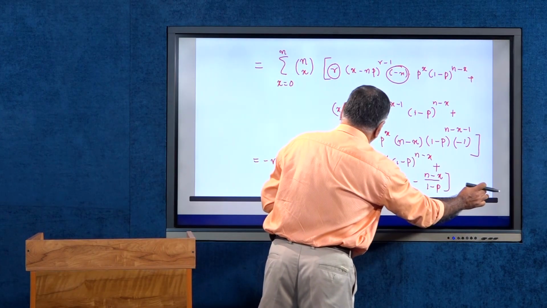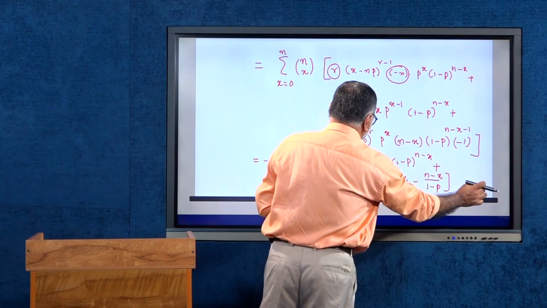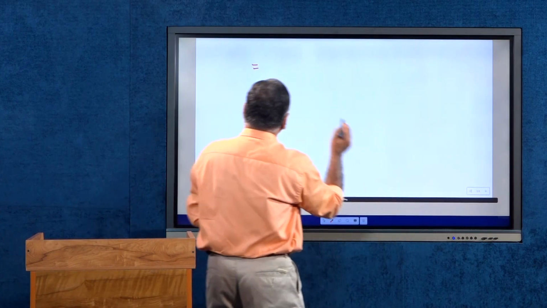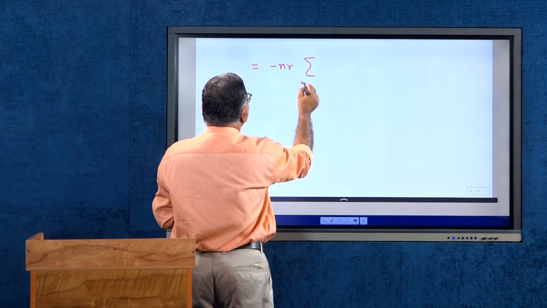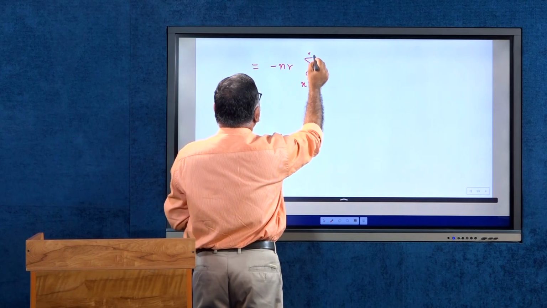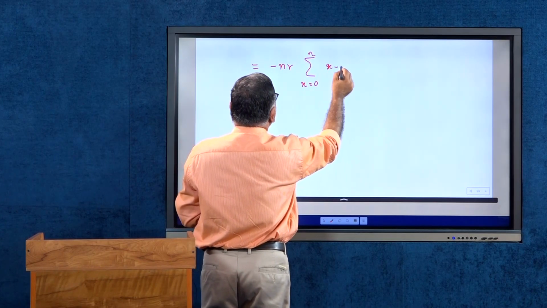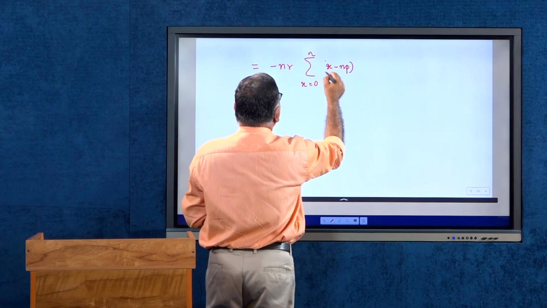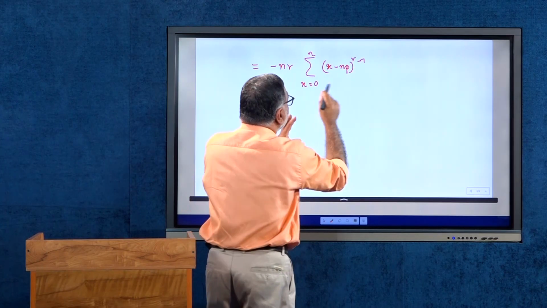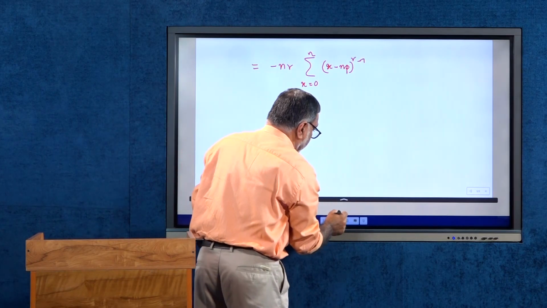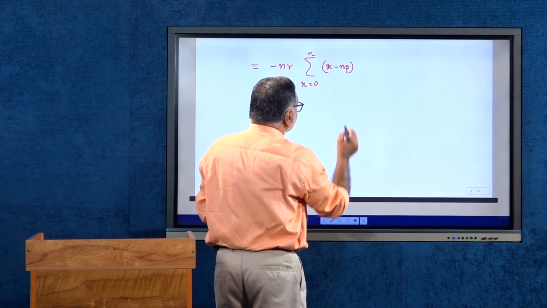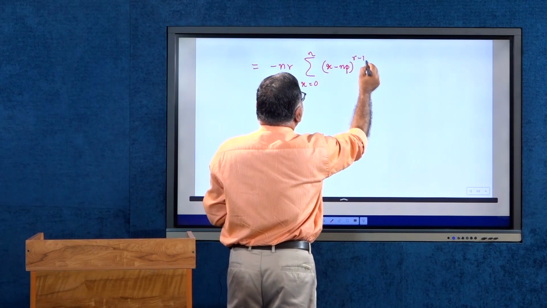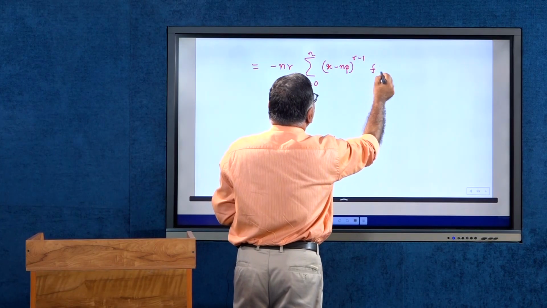So, this is minus nr sigma over x is equal to 0 to n (x minus np) power r minus 1, and the remaining expression is nothing but, this is our probability mass function of binomial